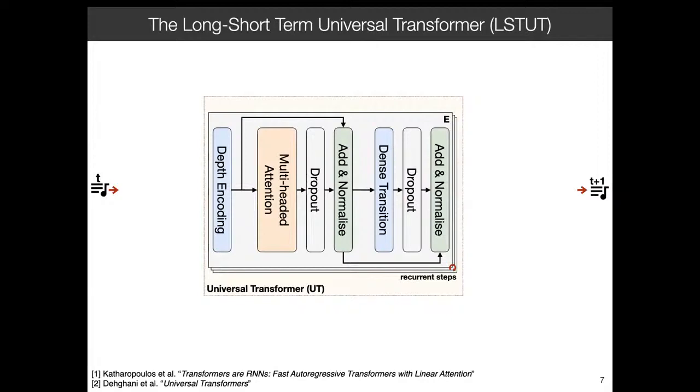So finally, to solve the resolution issues with transformers, we introduced some recurrent neural networks to the mix. So the resolution issues are caused by the explicit positional encoding in a transformer. So without a positional encoding, the transformer has no notion of time. It's basically operating on an unordered set of data unless you tell it when each part of the sequence occurs. So by adding an LSTM to the input, this removes the need